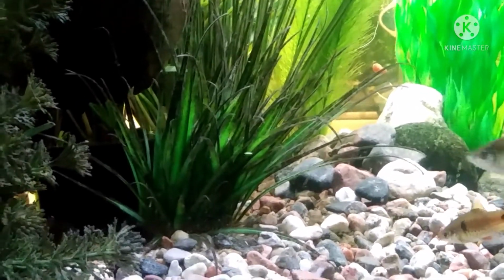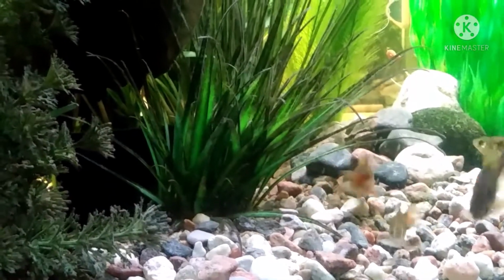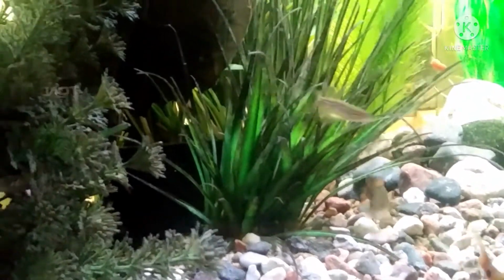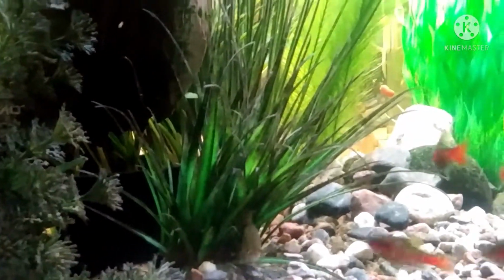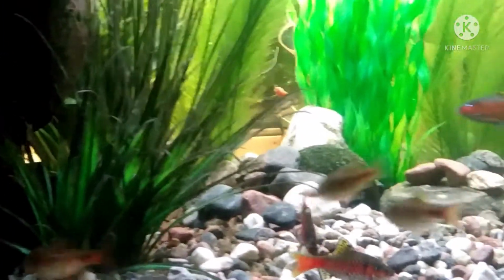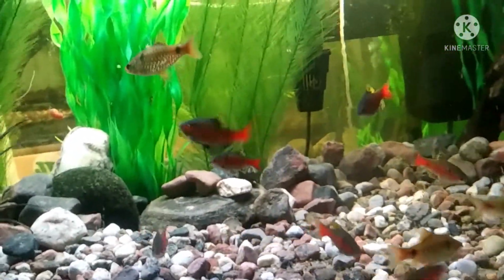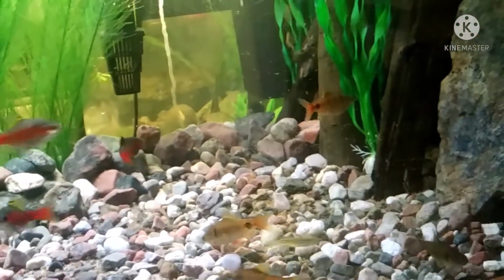So why I decided to go with zebra or zebra Danio in this tank is both fish would be seen in the same body of water, and I really tried to mimic this just for my own peace of mind and to give them more of a natural setting. I think I've done this. I wish I could have had more